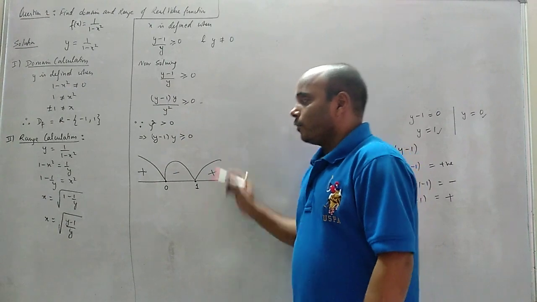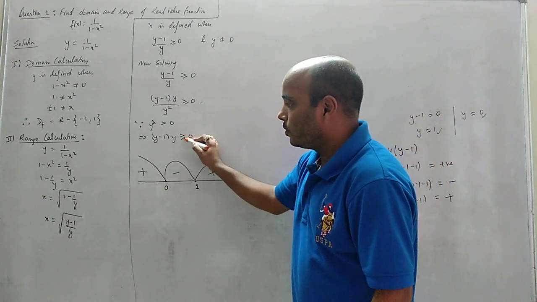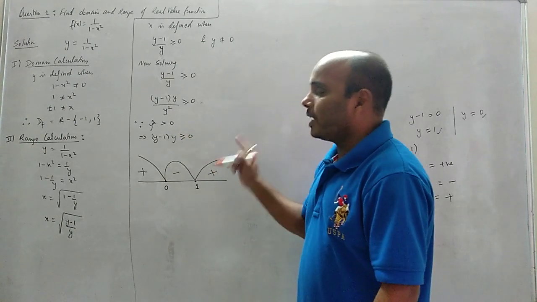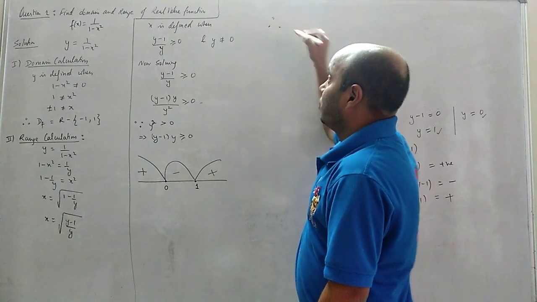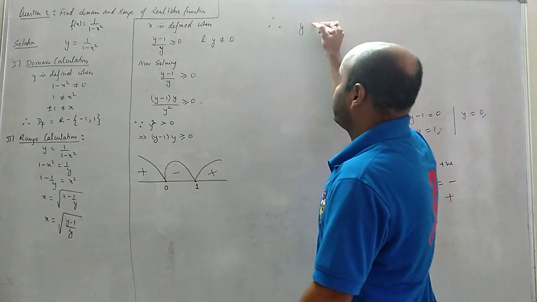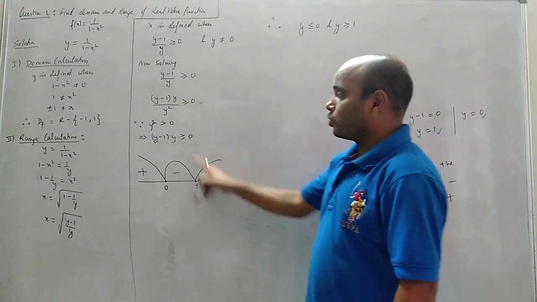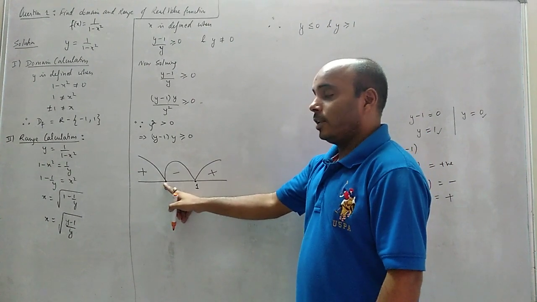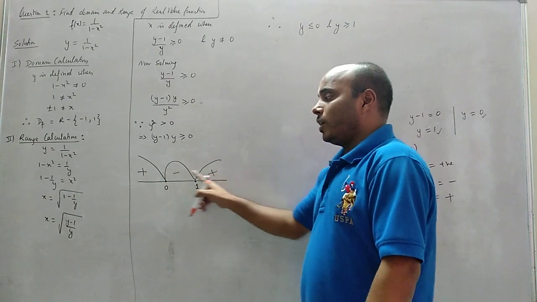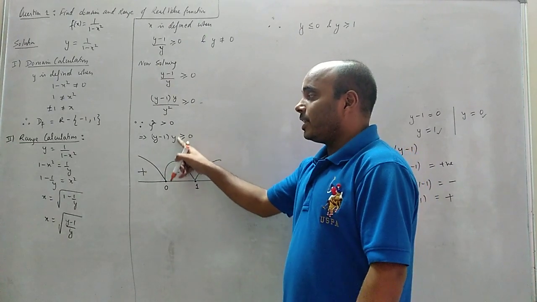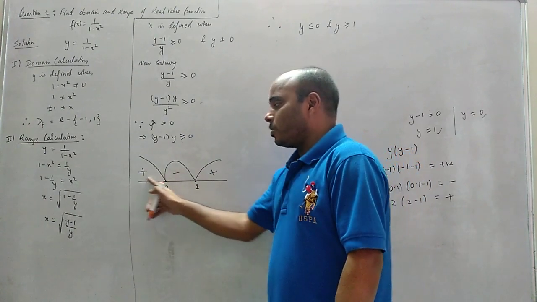Okay. Now from here, which y values will I take? What you have here is greater than 0. That means you have to take positive values. So these are positive values. Therefore, y will be less than equals to 0 and y is greater than equals to 1. Y equals to, because we have equals to here. These values are positive. So why are we considering only the positive values and not negative values? What we have here is greater than equals to 0. That means you have to take positive values of y. So these are the positive values of y.